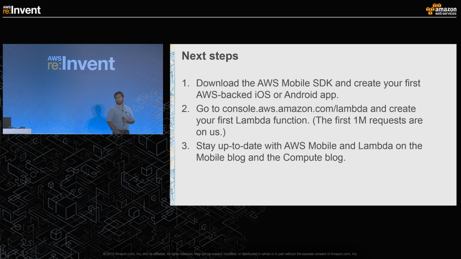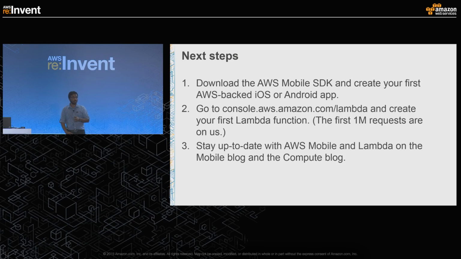So here are three next steps I'll challenge you to do. First, download the AWS Mobile SDK and create your first AWS-backed app. With the code samples you saw here, you should be up and running in no time. With the new Mobile Hub capability announced today, I believe the count now is 20 minutes to write your first app and download it. Second, go to the Lambda console and use one of the blueprints available to create your